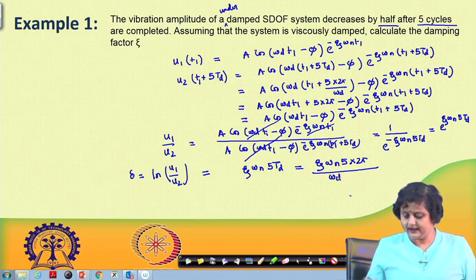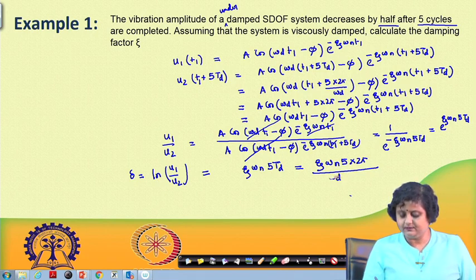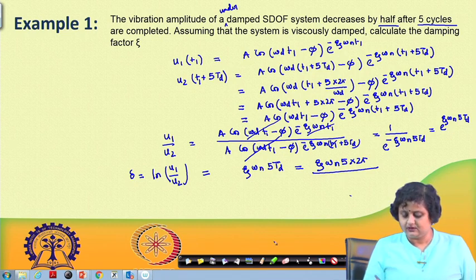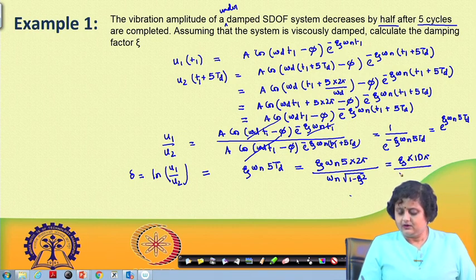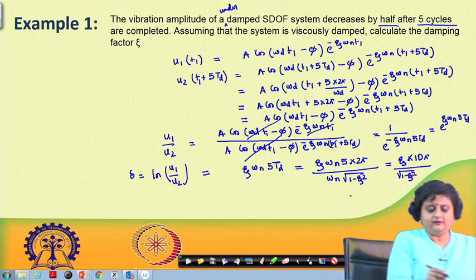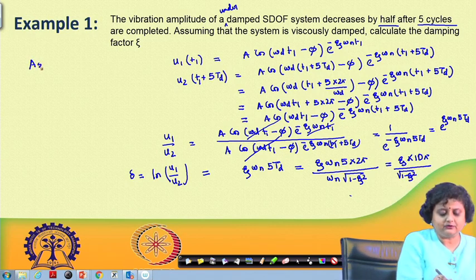So, this omega d can actually be written as omega n into square root of 1 minus zeta square. So, this can be written as zeta into 10 pi by square root of 1 minus zeta square. Okay. So, assuming a lightly damped system,